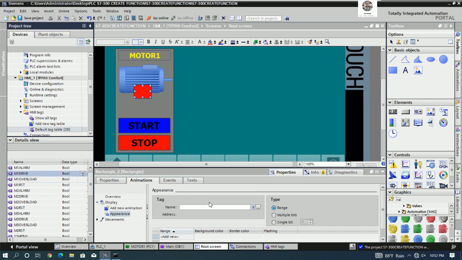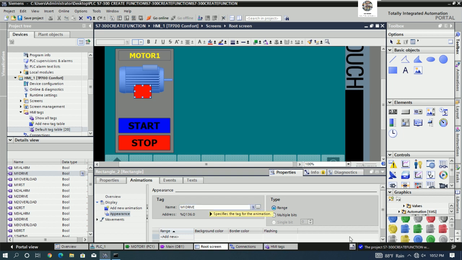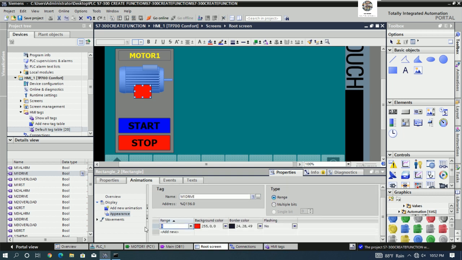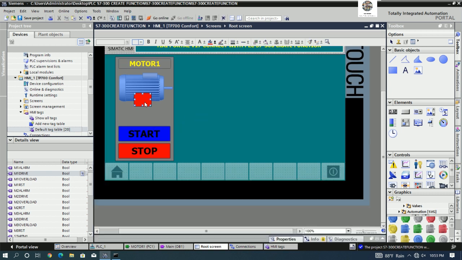So M1 drive, drag and drop here, and here we can change the status. If one, we can change the color to be green, yes, and we can copy one more for